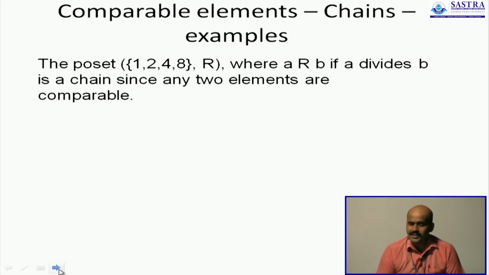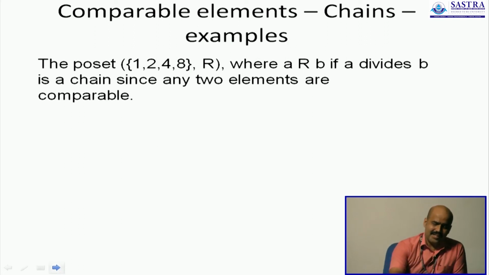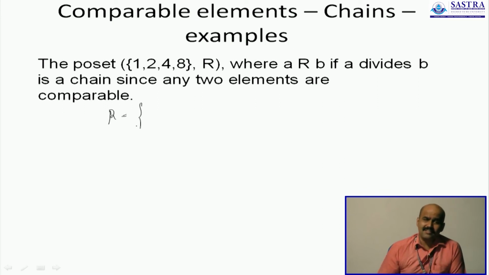So what we will see is A is related to B only when A divides B. By A divides B, as I told you before, we are simply meaning that B is an integer multiple of A. That's what we are trying to say. Now we have 4 elements in our given set. Let's try and define the relation here. The relation says A is related to B only when A is less than or equal to B.